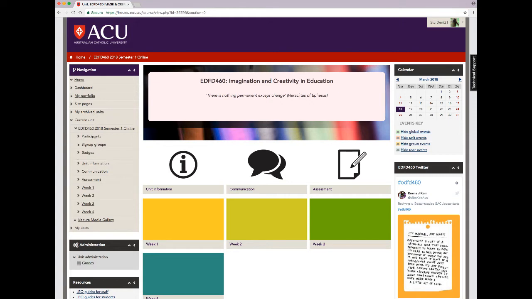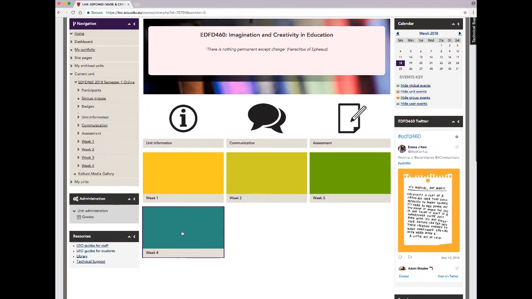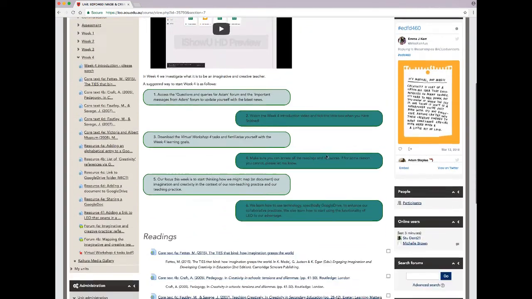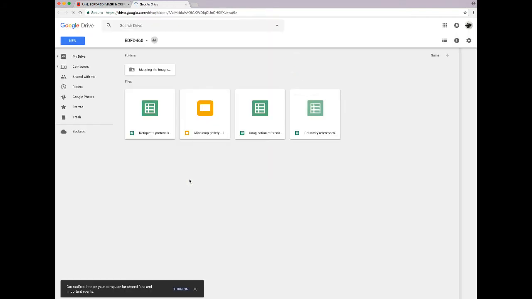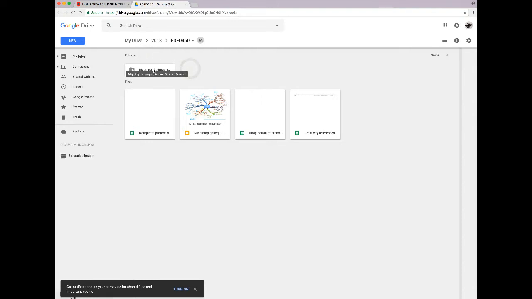our cohort. So when you go into the week 4 module on EDFT 460 and go down to the resources, you'll notice that resource 4C will take us to our Google Drive. And what we're wanting to do is actually add a document into this folder here, which is called Mapping the Imaginative and Creative Teacher. So we've got some individual files already existing in Google Drive, which we've been using for